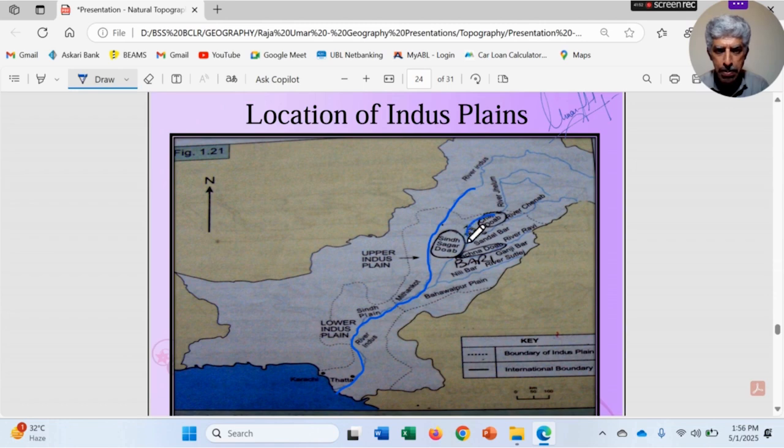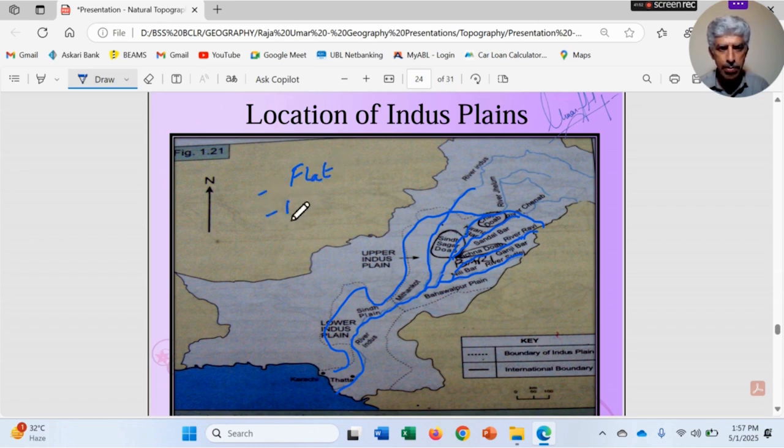And here comes river Jhelum. Then we have river Chenab over here. Then we have river Ravi over here. Then we have river Sutlej over here. So all these rivers, they all are irrigating these vast lands of Punjab, Khyber Pakhtunkhwa, Sindh and some lands of Balochistan. So this is the definition, and it is flat,